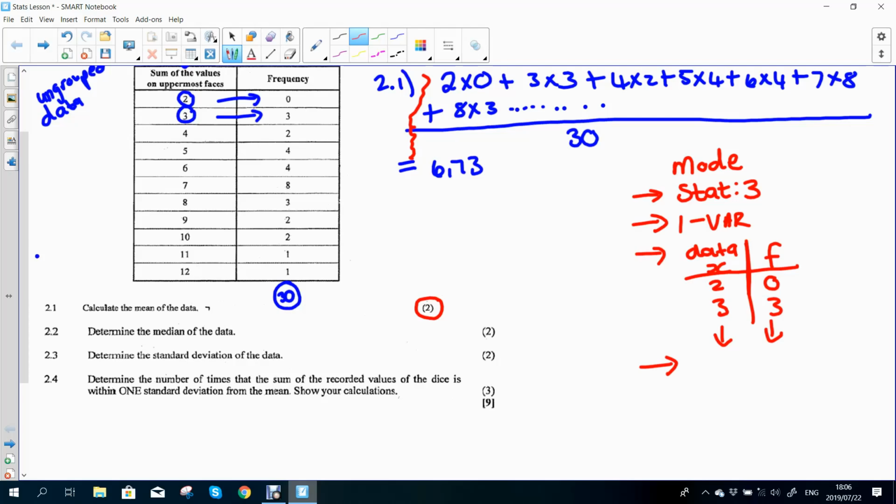And then, it's very weird, but you press the AC button. That's quite scary because if you press the AC button, all the values on the calculator disappear. But don't worry, the calculator saved it. Then you press the shift button, normally in the left-hand corner of your calculator, and then the button 1. You will see at the top of the button 1 it says stat. So it's shift 1.